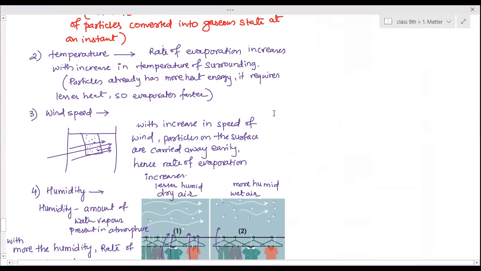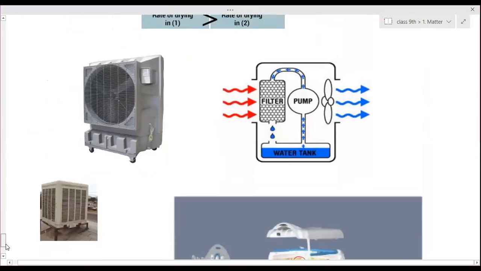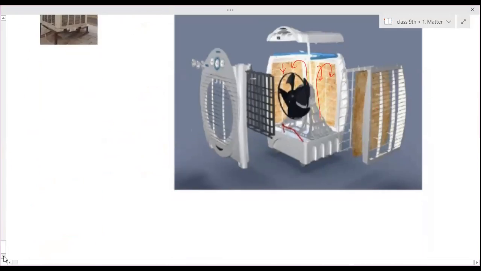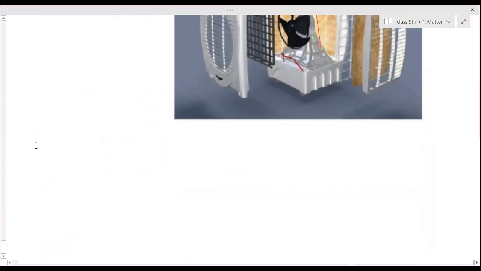In this chapter, two things still we need to do. That is temperature conversion, where the temperature has to be converted in different units, and then the two more states of matter, that is plasma and Bose-Einstein condensate, BEC. Evaporation, any doubt anyone has? No, ma'am. And notes I have uploaded in Google Classroom, so you can go through that and wait a few days to give me books. Books will have everything.